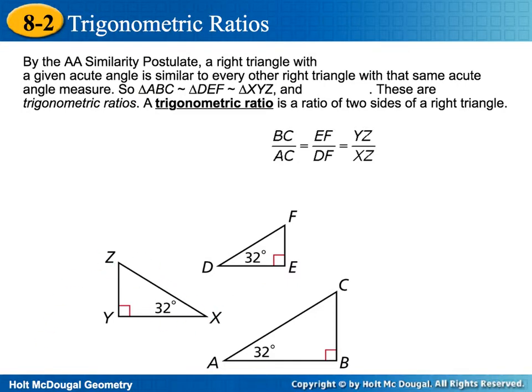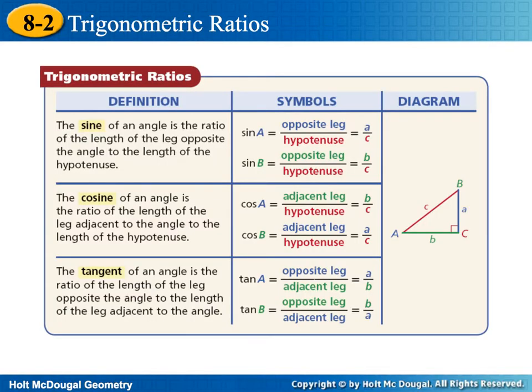These are trigonometric ratios, and these proportions are the same. That's what should be up in here. BC over AC is equal to EF over DF, which is equal to YZ over ZX. Basically what this is saying is that the short sides over the hypotenuse have the same ratio, because they have the same angle. All right, please write this down along with the word